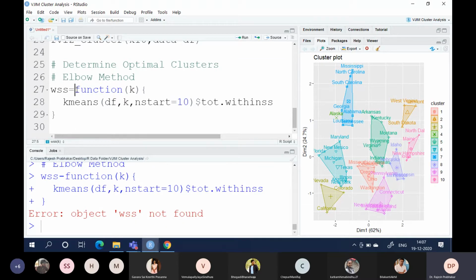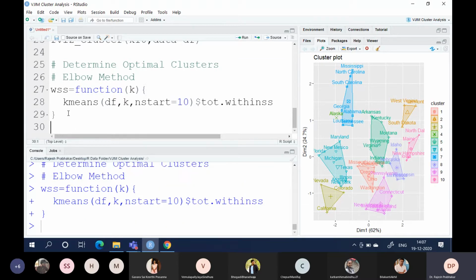Oh, I forgot the equals sign. Let us assume k.values as 1:15.